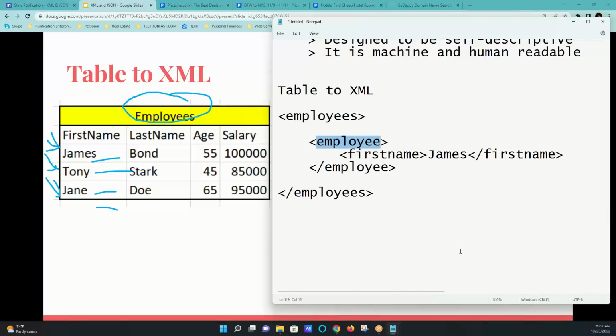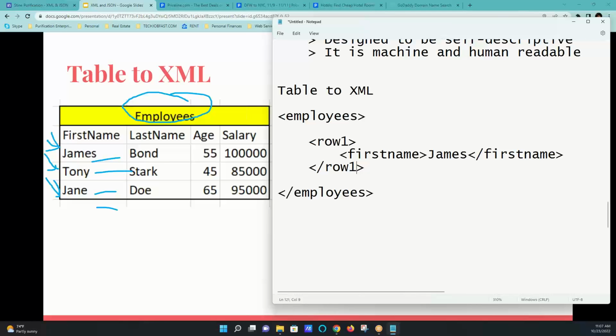You could actually say row. I mean, you can put row 1. There's no harm in that. Then you would have to close this with row 1. There's no harm. So anything can be written over there, right? Correct. Rather than employee or employees,